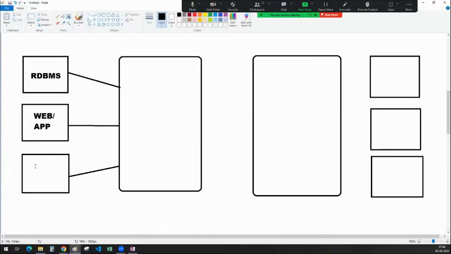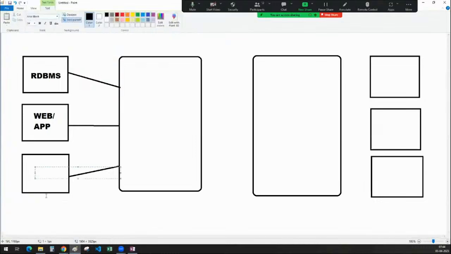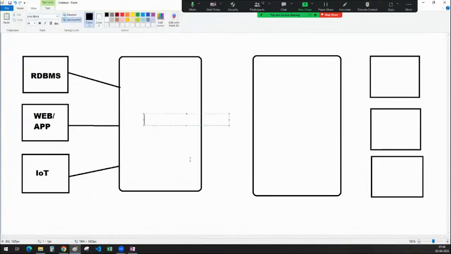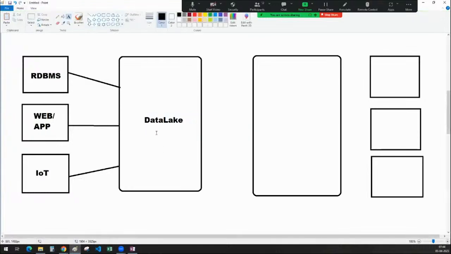Or it can be a CSV file from an application, or IoT data from an IoT application. So you get data from multiple data sources, and you try to ingest the data into the data lake. So this is your data lake, guys. You ingest the data into the data lake, and once you have the data in the data lake,